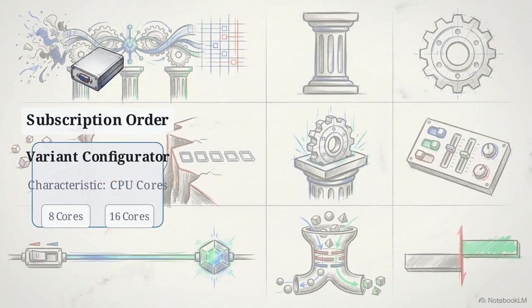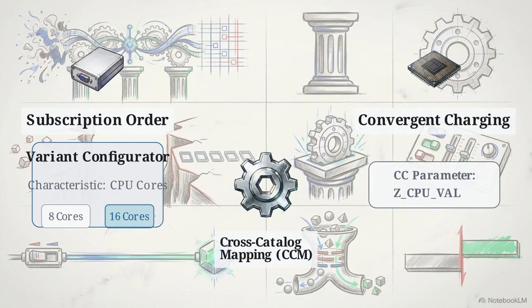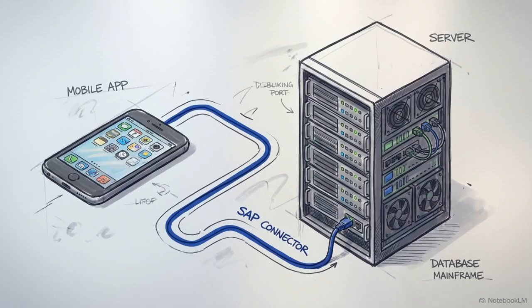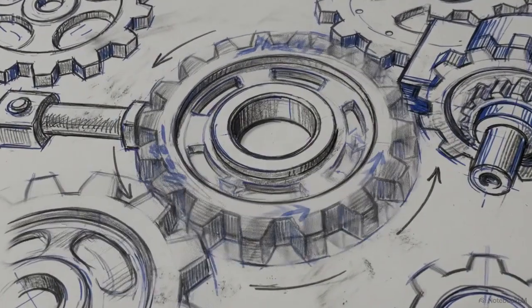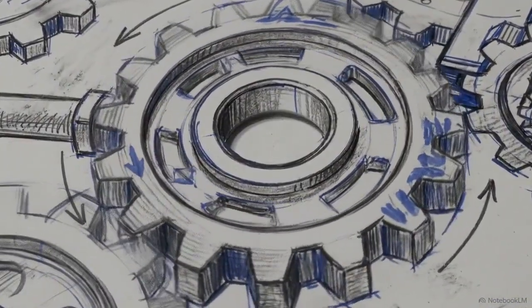For customizable products, the user configures technical characteristics like CPU cores through the Advanced Variant Configurator. Cross-catalog mapping translates these front-end UI selections into automated pricing inputs for the back-end rating engine. It binds that specific AVC characteristic from the order directly to a convergent charging parameter. Within this mapping, technical resources link the convergent charging service ID to hardware identifiers, allowing incoming usage records to be tracked against the subscription. This precise mapping acts as the critical technical mechanism, seamlessly translating front-end commercial choices directly into